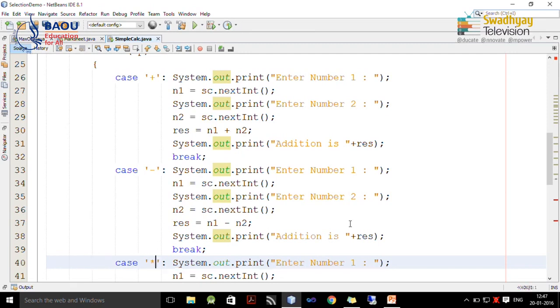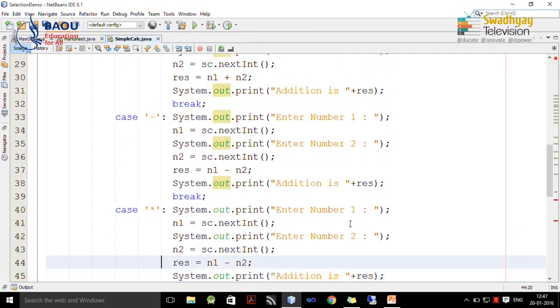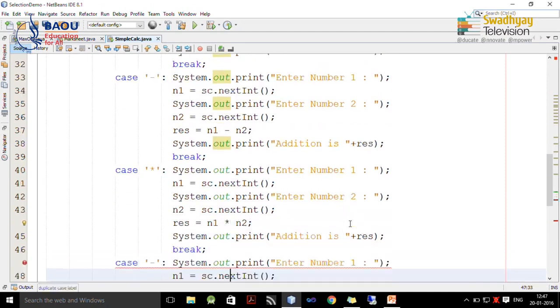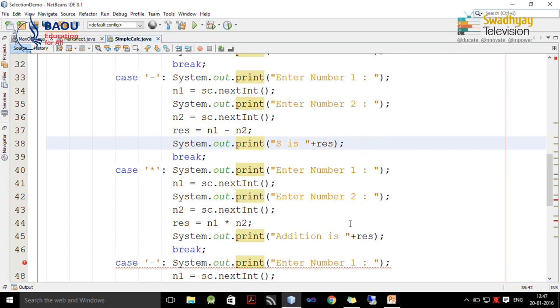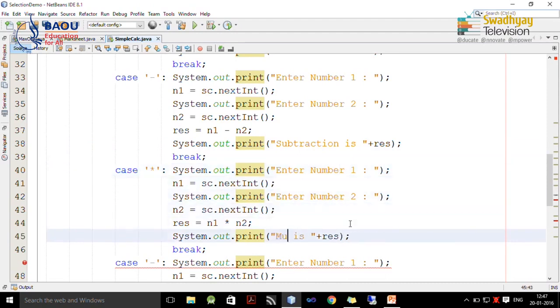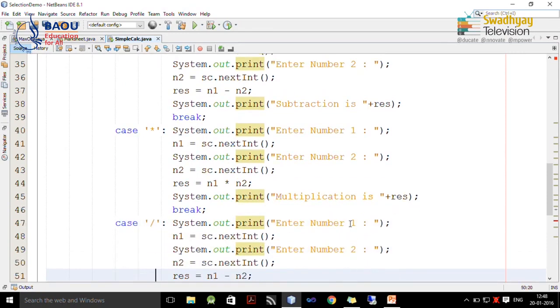So, here I use asterisk and here we perform multiplication of two number in result, and you have to also change this print value which is a subtraction in this case, multiplication in this case and division in case 4.